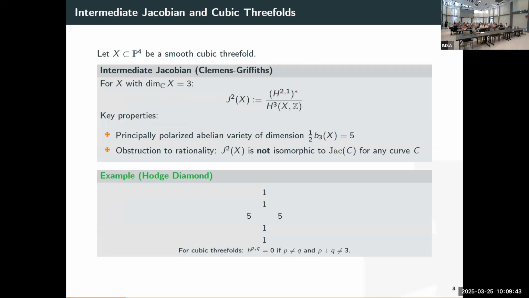Now, the next cubic is the three-dimensional smooth cubic in P4, and there are also people in this room that know much more than I do on this subject. It was proven by Clemens and Griffiths that such smooth cubics are not rational, and the invariant that was used there was the intermediate Jacobian. In fact, to be more precise, it is the theta divisor of this intermediate Jacobian, which happens to have singularities of codimension 5 in this case,